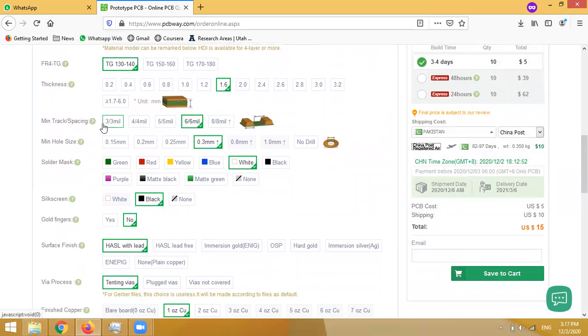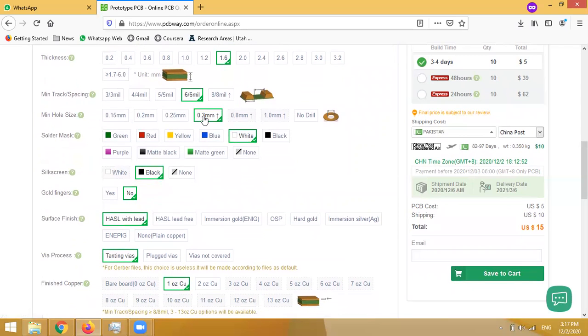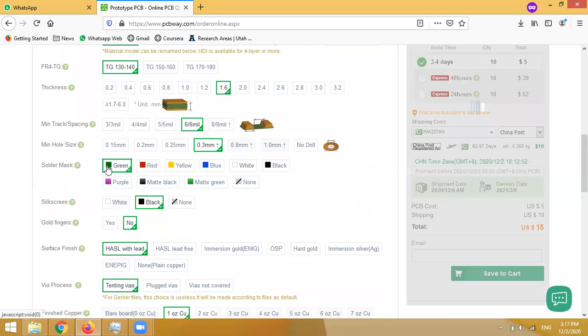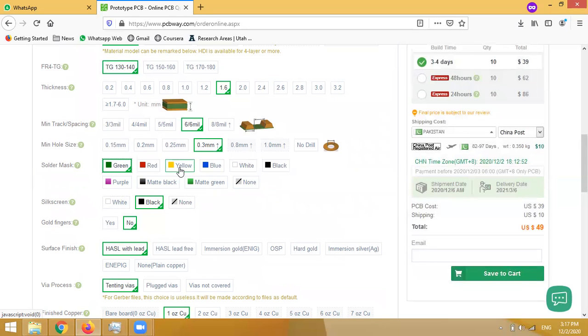Then you have minimum track spacing. 8 mil is a very small size for common boards, and this is just fine. Then you have minimum hole size. 0.3 mm is fine as well. Then there's an important thing called solder mask color. This is actually the color of the board which you will finally get. By default the color is green, but